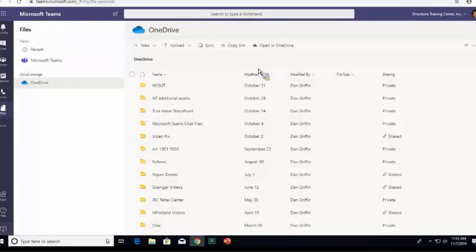That was such a pain in the butt because if I forgot my hard drive and I had to go to a customer's location and I needed class files, it was very difficult to get that content. I would have to scramble and try to figure out a way to teach my class. So having OneDrive is amazing, and the beauty of it is, yeah, you can obviously go to Office.com and access